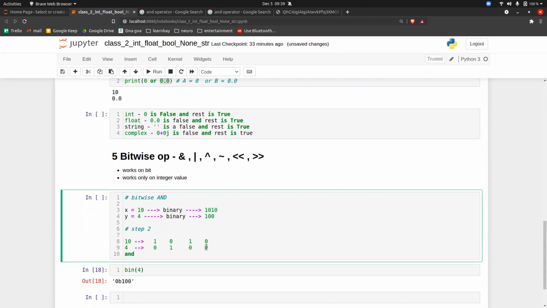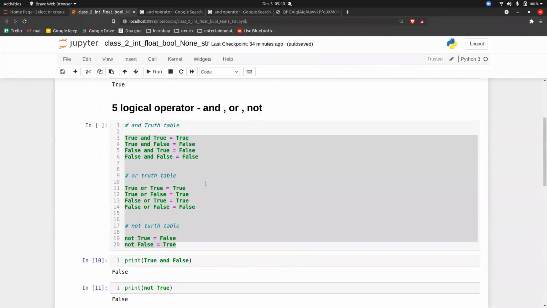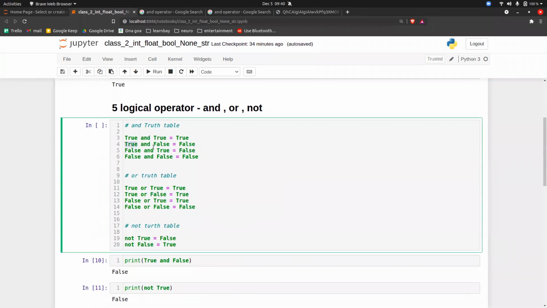So what is 0 and 0? The answer is 0. What is 1 and 0? If I scroll on top, 1 and 0 is false.